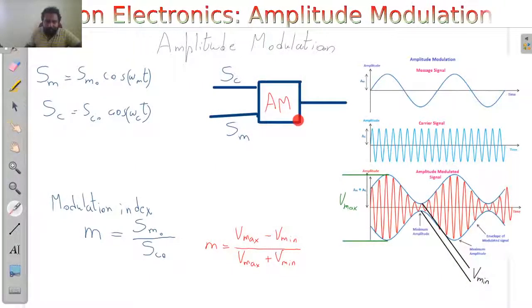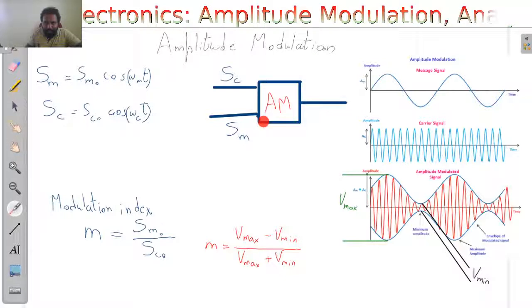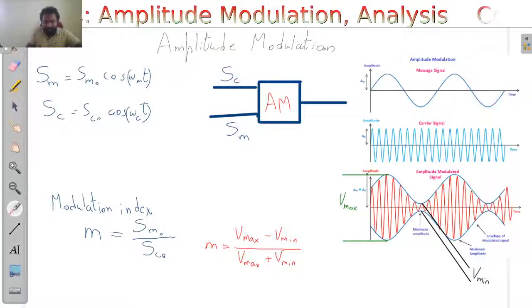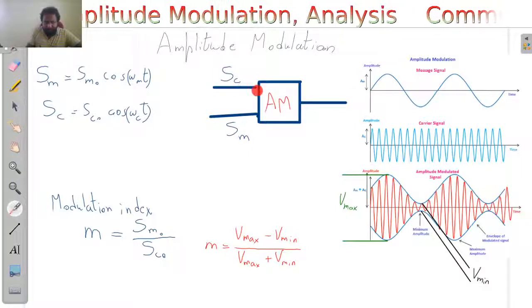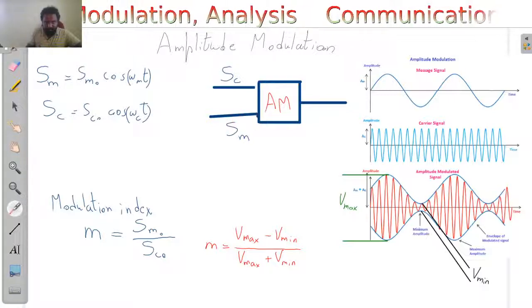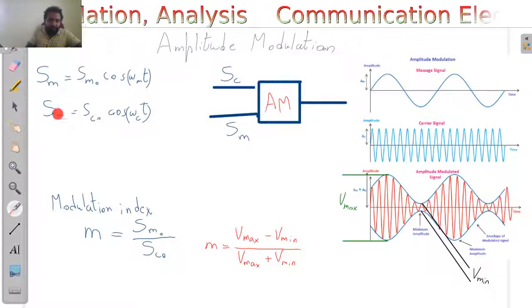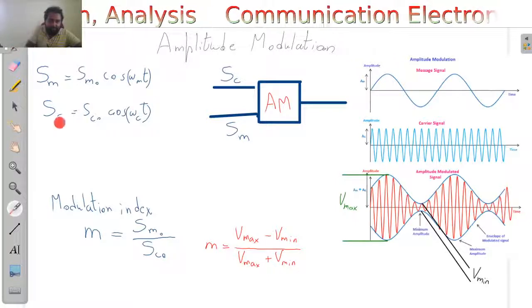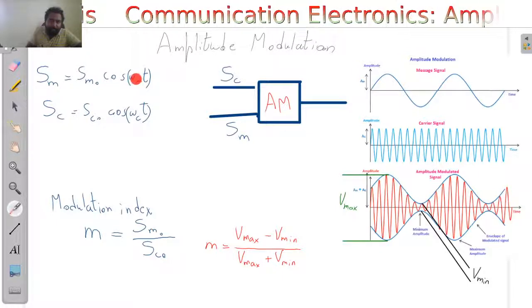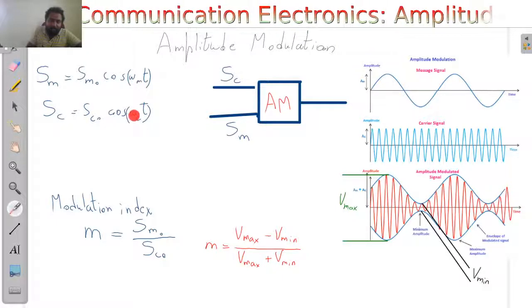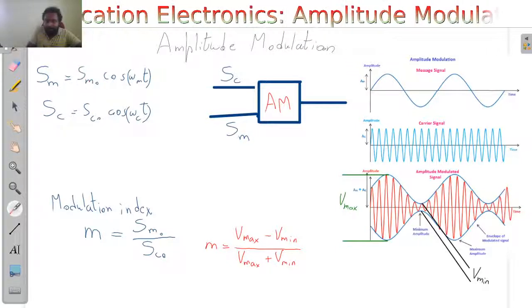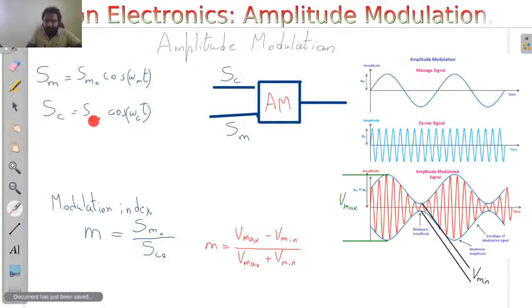Okay, let us just consider this box around here. This is an amplitude modulation generator. It takes in two things. One is our carrier frequency, the other one is a message signal. So this is the equation for our carrier signal, and this one is the equation for the message signal. You can see there is omega m here in the message signal and omega c in the carrier signal. And SM0 is the amplitude of the message signal and AC0 is the amplitude of the carrier signal.